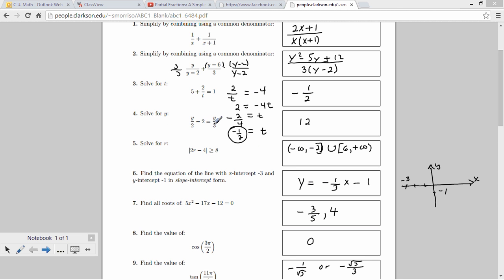Question number 4, another equation. You've got y over 2 minus 2 equals y over 3, and the answer should have been 12. That gets done by doing y over 2 minus 2 equals y over 3, and so probably you think about getting the variables together on the same side of the equation. So you have y over 3 minus y over 2 equaling negative 2. Here you're going to need a common denominator, and that common denominator is going to be a 6. Pretty apparent there. And so that's going to make this a 2y,